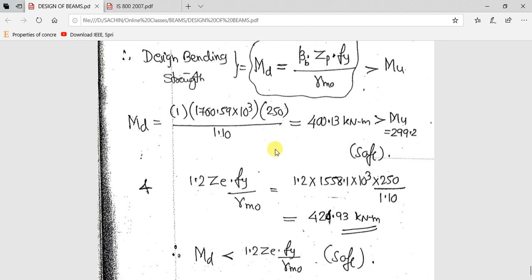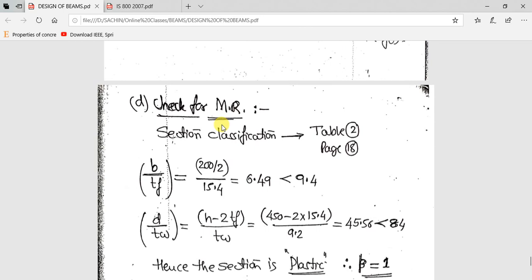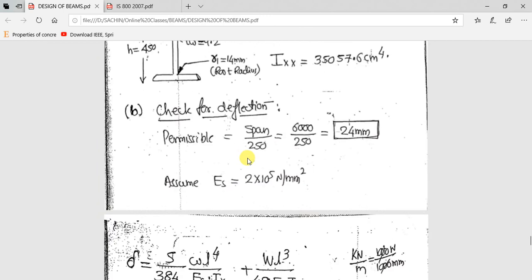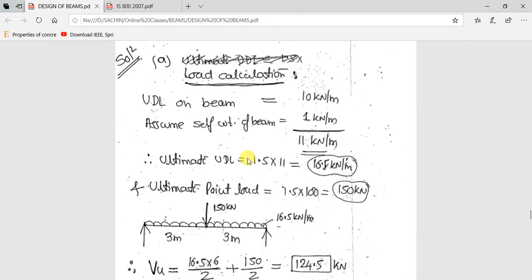And also you have to cross check with these two values here. For that ZE is required. You can get this value of ZE from the steel table itself. So it is satisfying these two conditions also. So it is safe for bending also. You can check with web buckling and crippling also. If it is not required, if you want, you can check. You will be getting safe for that also. And these are the problems regarding design. One is the design problem. The second one, the first one was determining its strength.